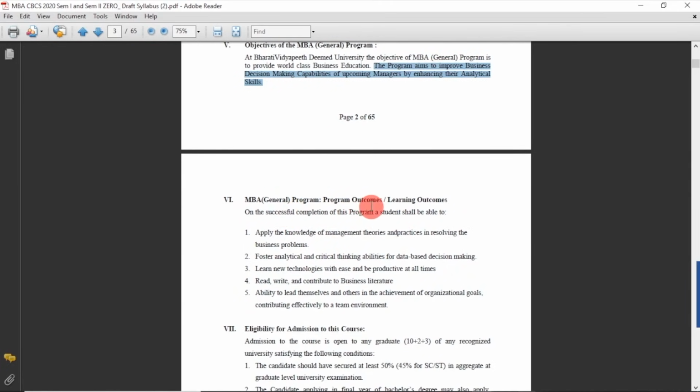So the MBA General Program outcomes and learning outcomes are what should be there after the student goes through this course. These are the learning outcomes of the program, and related to them, we create the learning outcomes of a course, right? The learning outcomes of the course should be in line with the learning outcomes of the program. That is how things are getting interlinked. So these are some of the outcomes which we had discussed.